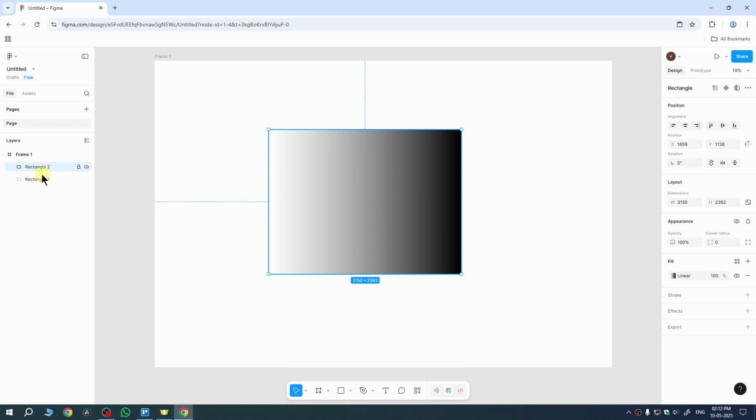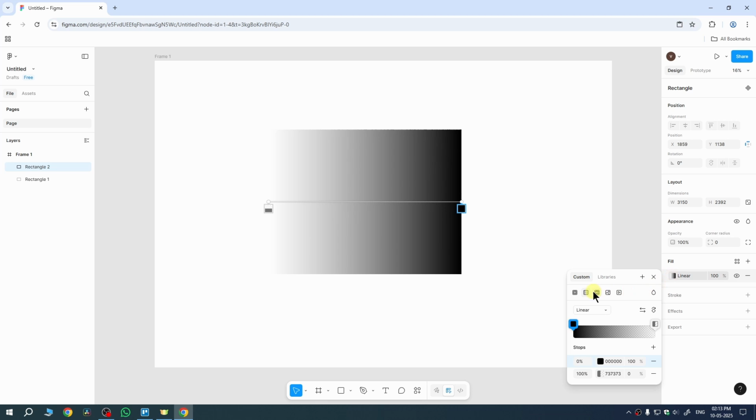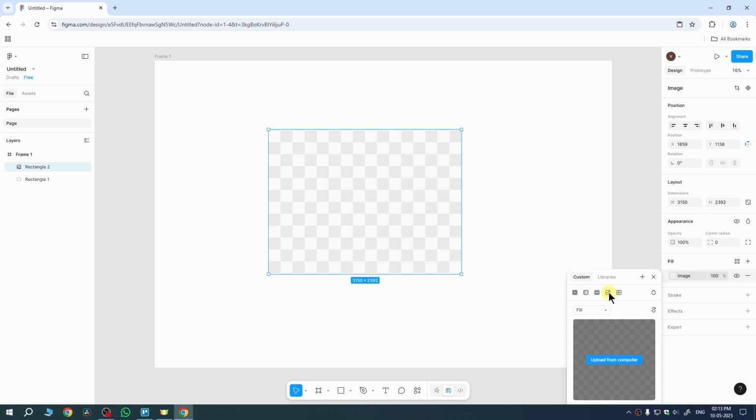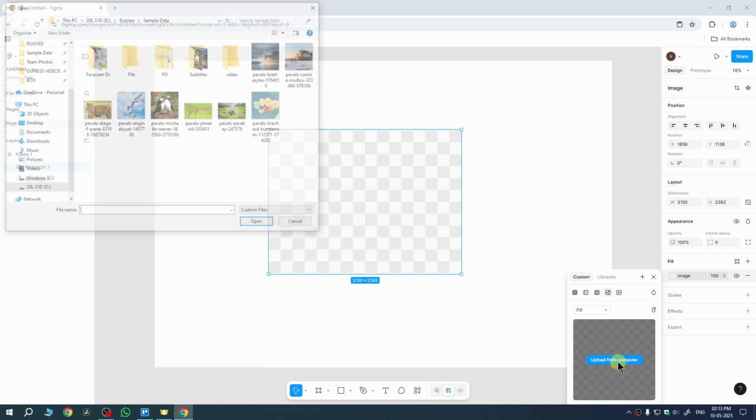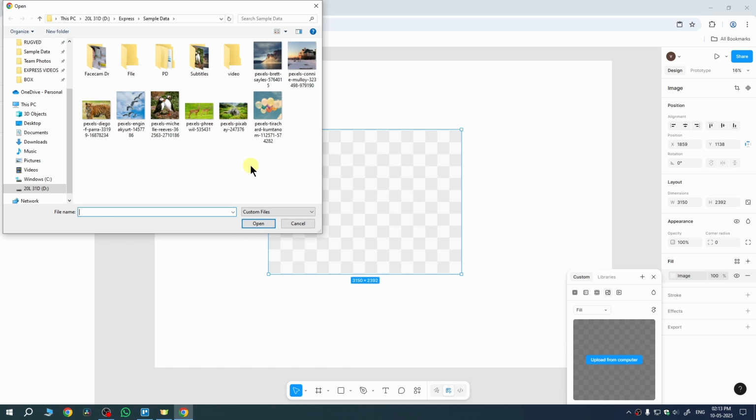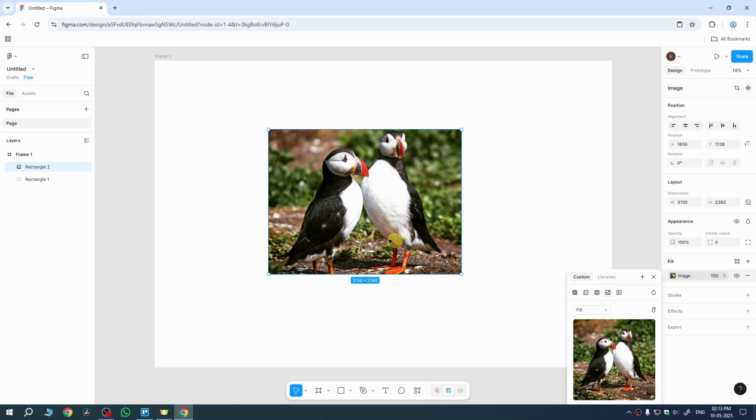And as you can see, I have created two rectangles here. And now we need to select the top rectangle, then again go to the right panel, again click on fill from here, and this time we need to select the image option from here, and then we need to click on upload from computer. Now select the image in which you want to add the fade effect. So I have this image, I need to select it, then tap on open,